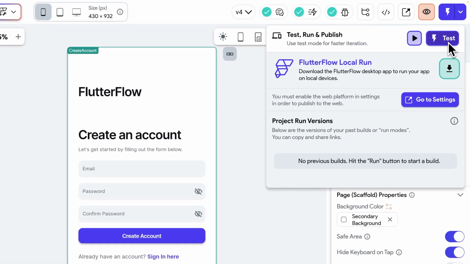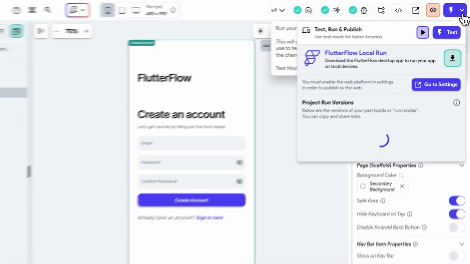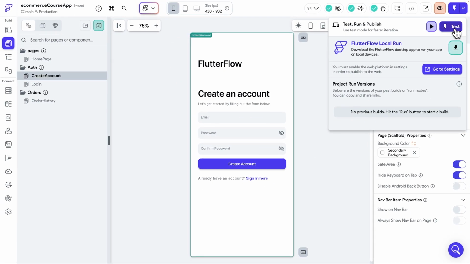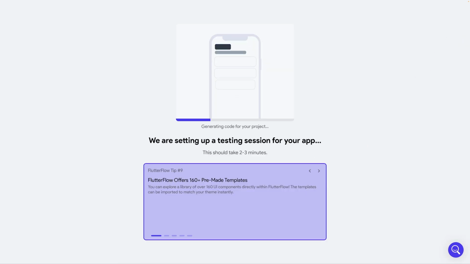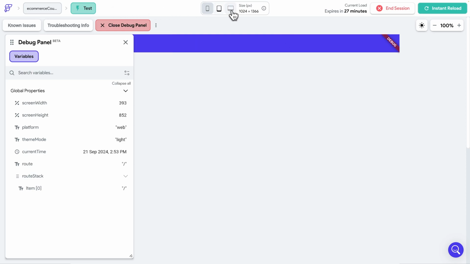Another mode is test mode. So I'm just going to click on either this icon or I'm going to open this panel and click on test mode. It usually takes a little bit longer to create a testing session for your app for test mode. Once the test mode session is established and you have entered the test mode session, you will see different options. For example, you can test your application in different